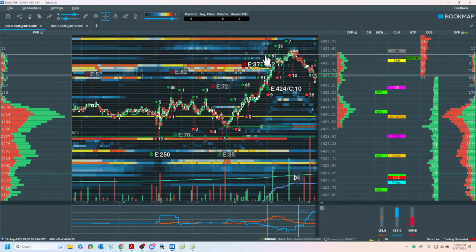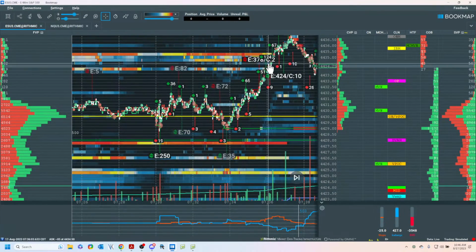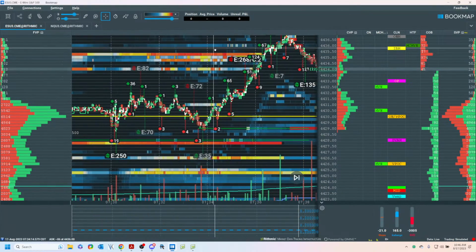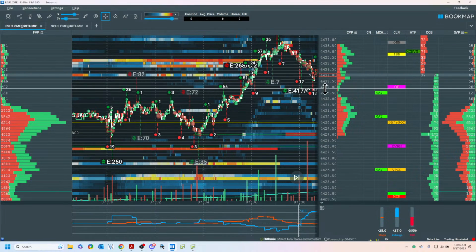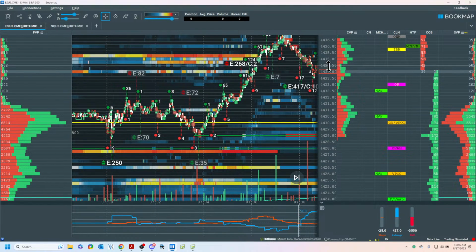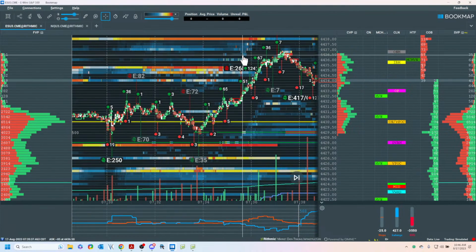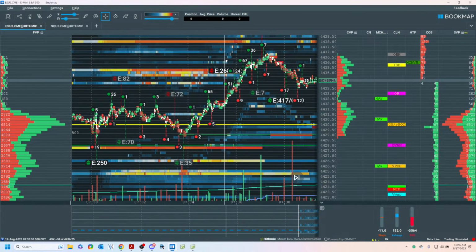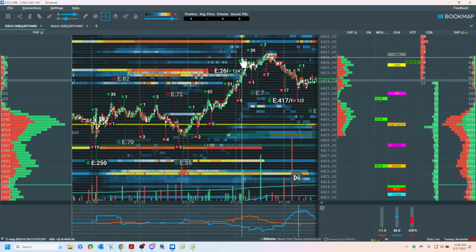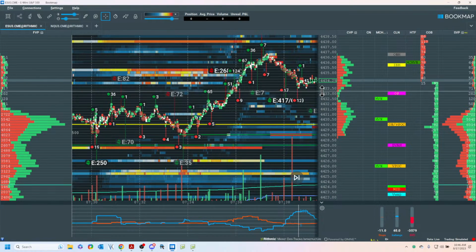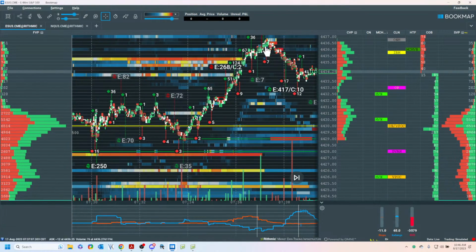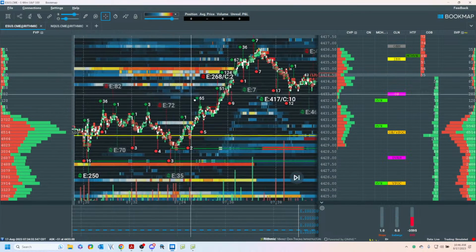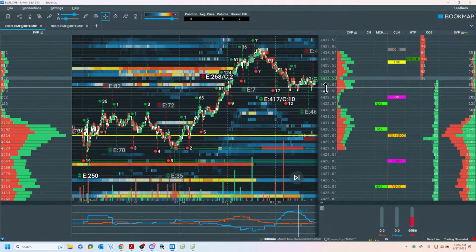And if you ever do that, if you haven't, then you're a lot smarter than me because I had no clue. Right here, and I think I posted this in the lab. I don't remember. But you guys are in there. You can scroll back where I said at 7:20, I think it was, that I was anticipating we had an unfinished auction to the upside and that we were going to go up. And of course, it can do anything. But now I want to show you structure. So now nobody knows where the high of anything is. And if you do, you got to look me up and we'll talk.